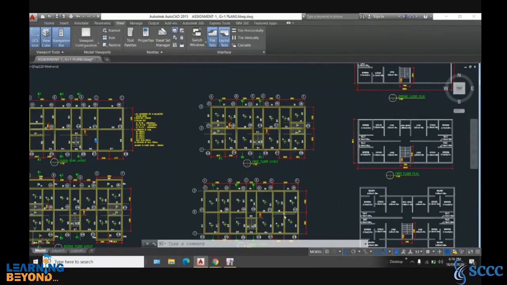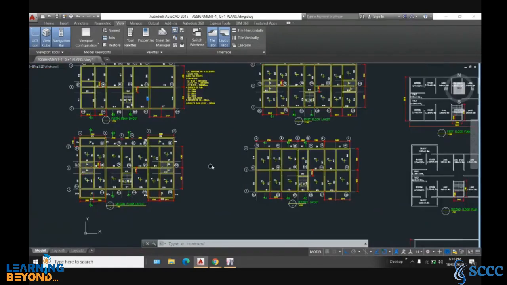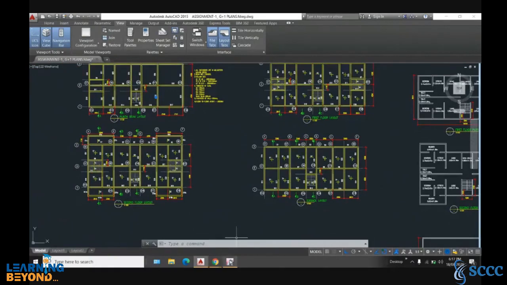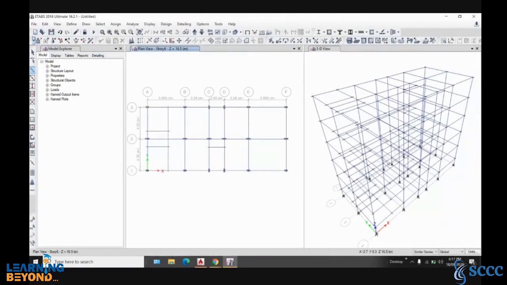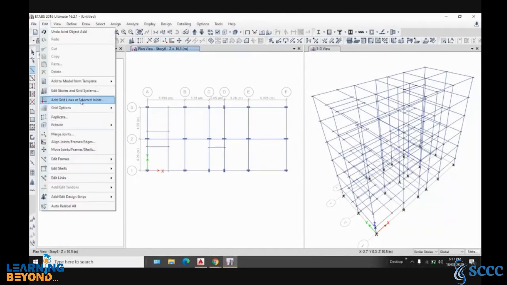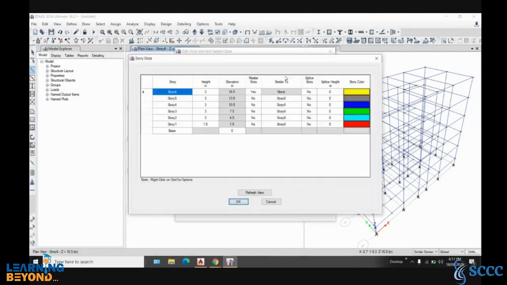You can see there are no beams at this level, so only these two beams are all over. So for that you will have to make a little arrangement, and you can do it over here by going to edit, edit story and grid system, and in edit story and grid system, modify show story data.